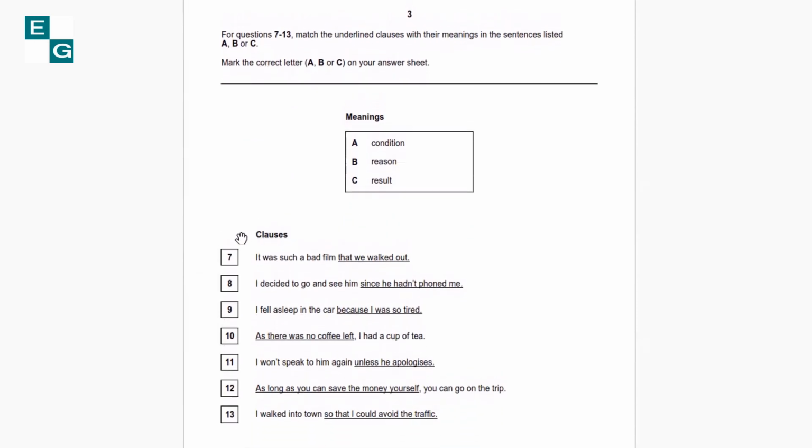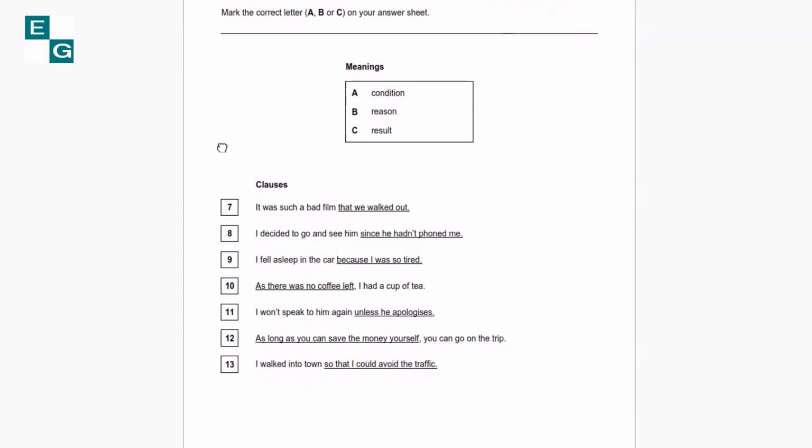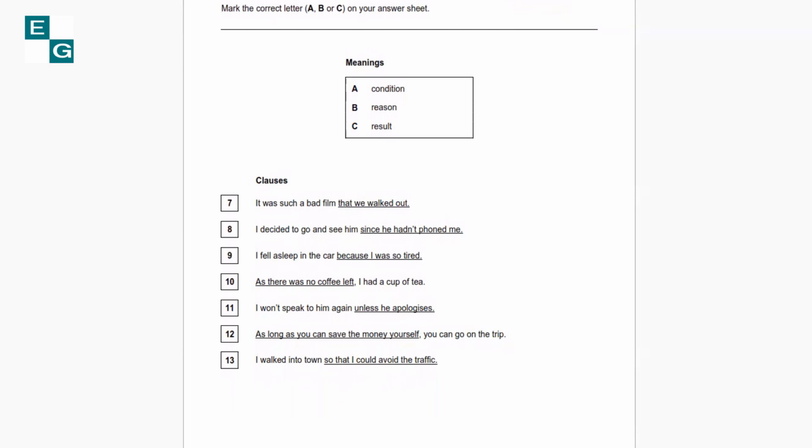Then it says, for questions 7 through 13, match the underlying clauses with their meanings in the sentences listed A, B, or C. Mark the letter A, B, or C on your answer sheet. So, the meanings. We have conditions, reasons, and results. And then if we check out number 7, it says,